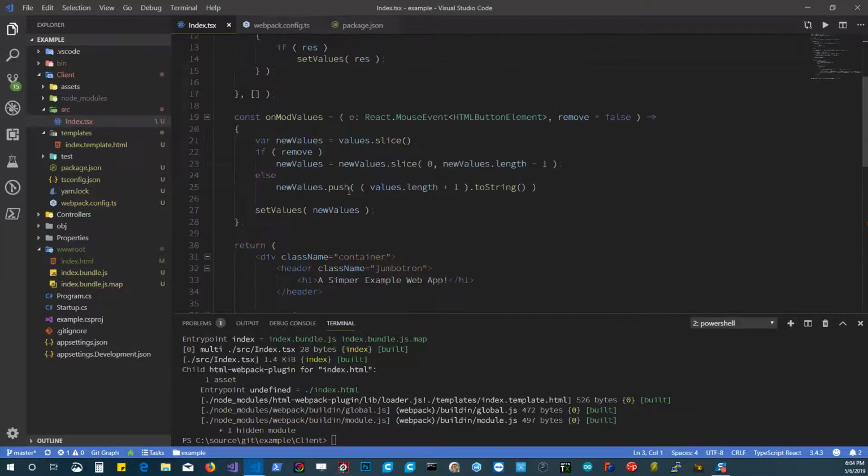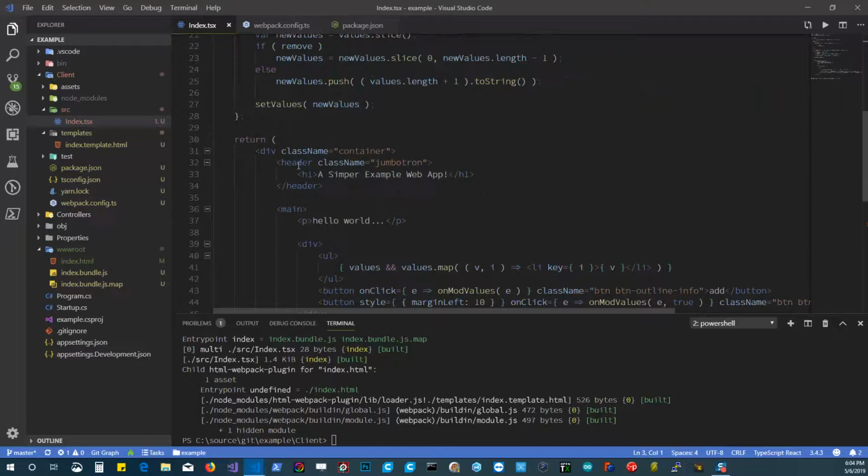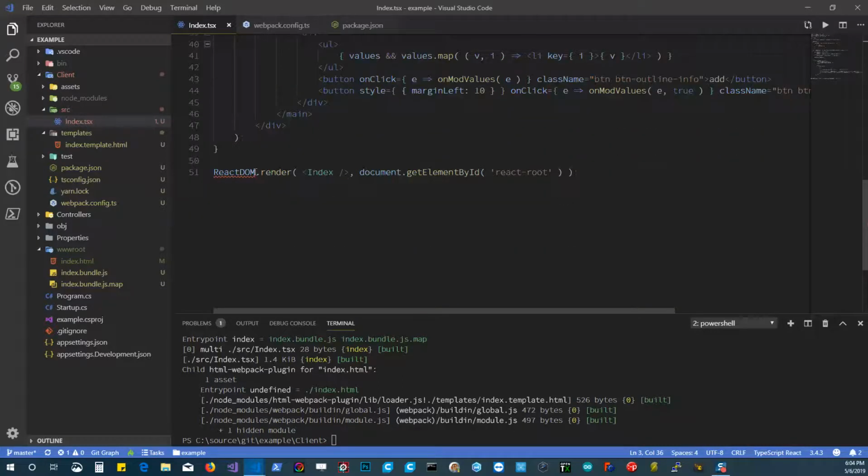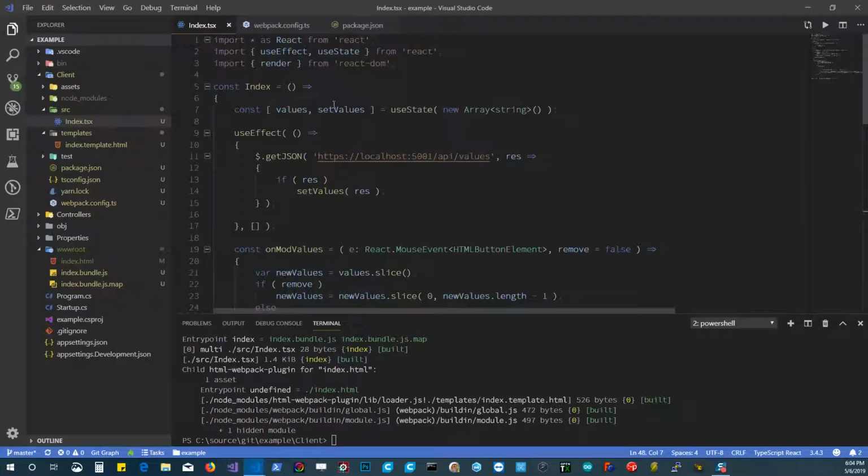We also are calling render down here. We need to import that. So we'll import render from React DOM. Okay. Yeah, that looks pretty good. So then we could get rid of this. Okay, so now